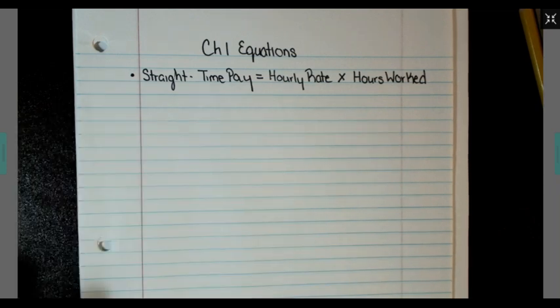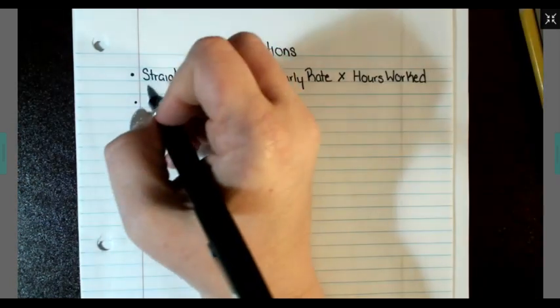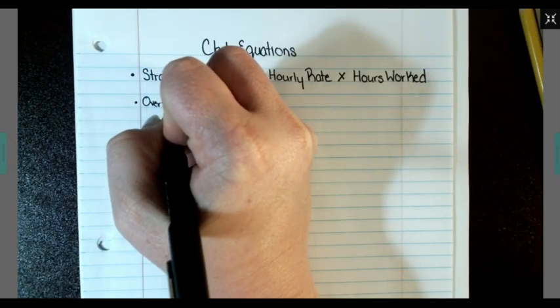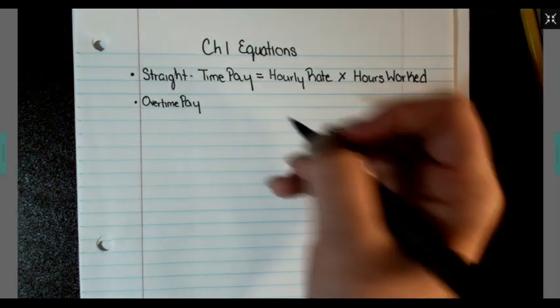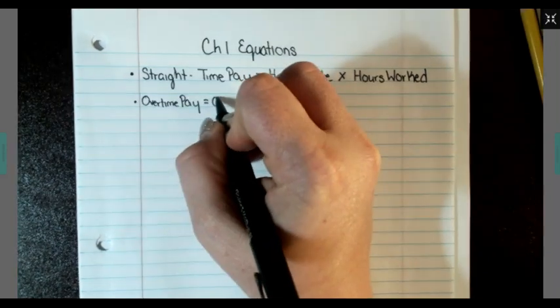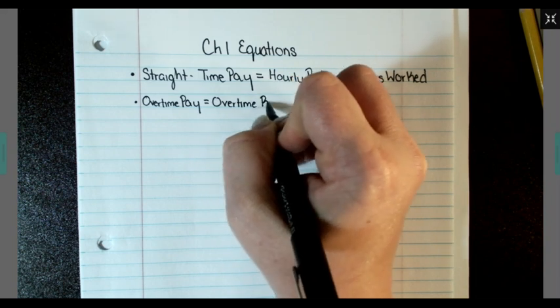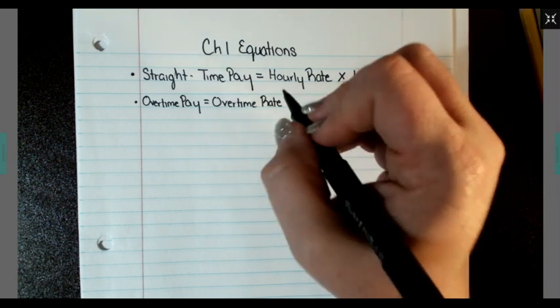All right, notice how I've started back out with my chapter 1 equation sheet. We're going to add to it for this lesson for 1.2, which is overtime pay. The new equation I'm going to add is the following. Overtime pay equals overtime rate and